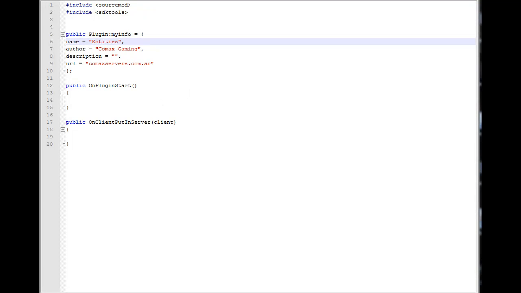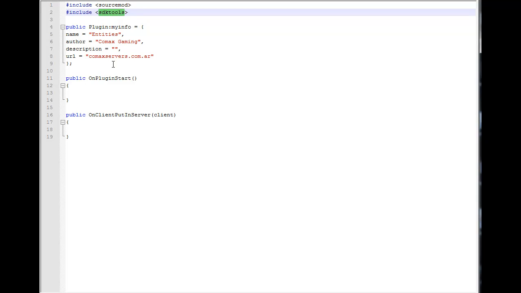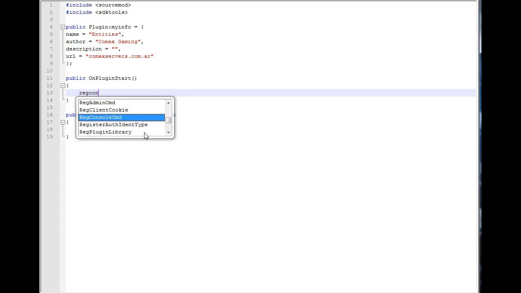Okay, so first of all, you can include SDK tools to handle entities, because all the functions that are related to entities need this include. Once you have that in there, we're going to start with a simple remove entity command. So we're going to do RegConsoleCmd,